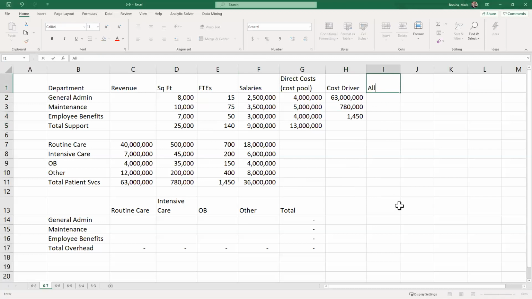Now I get my allocation rates. And my allocation rate is simply the cost pool divided by the cost driver. I'm going to copy that formula down. And I get 6 cents in general administration cost for every dollar of patient revenue, $6.41 in maintenance cost for every square foot, and $2,758 for every FTE. So now I can allocate my overhead to my